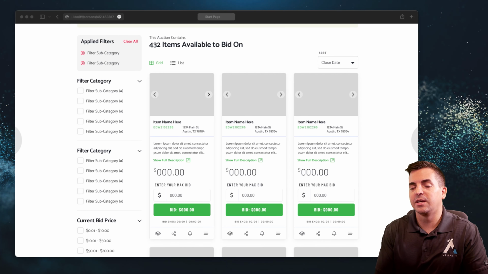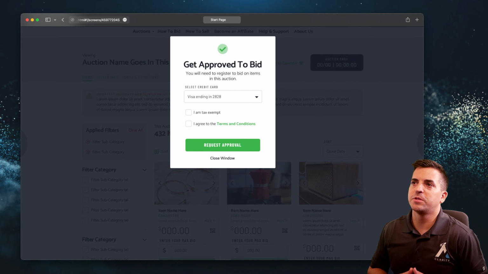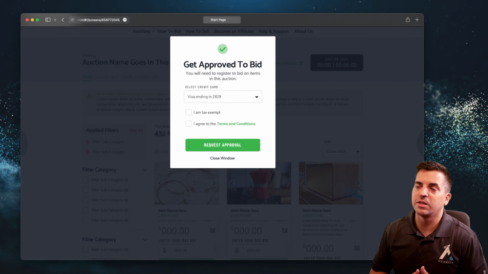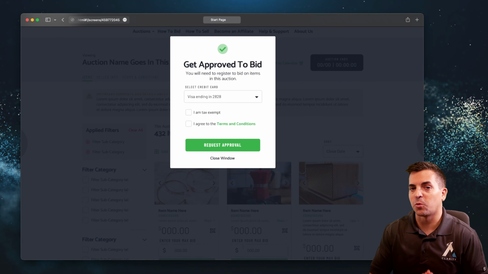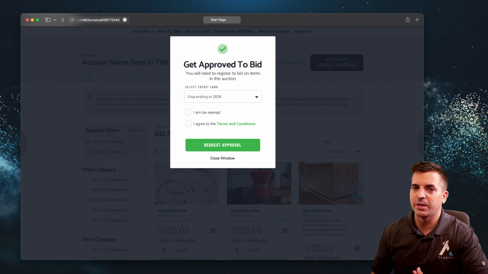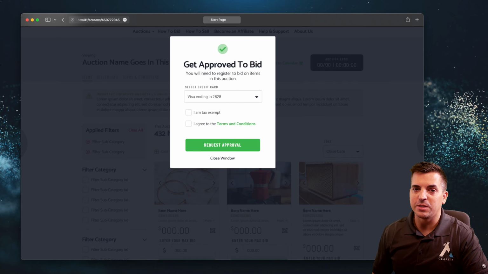Now, let's take a look at an example of that presentation next. Okay, so here you can see the user has been approved to bid, or they are requesting approval to bid. In order to do that, in this case, they have to put their credit card information in. Whenever they go to bid on these items, we're basically requiring them to put in some form of payment, and we may be doing a pre-auth and hold on that payment method before they can actually go in and place real bids. Or we may be doing some form of legal documentation as well, depending on the size of